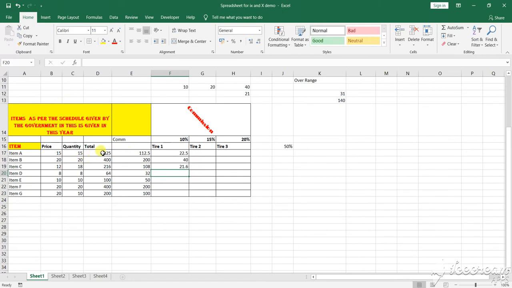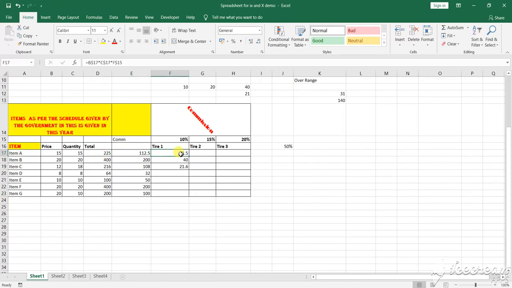In relative reference, we are not blocking any rows and columns. As you drag this particular formula, automatically the cell position is going to change. Here I have taken 50% from here. The first one is not locked but the second cell is totally locked. So if I drag it, only the first cell will change and the second cell will remain as it is. This is known as an absolute reference. Previously it was relative reference, relatively it is changing.